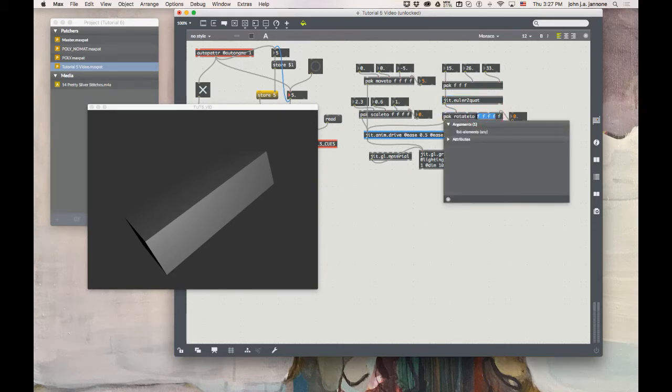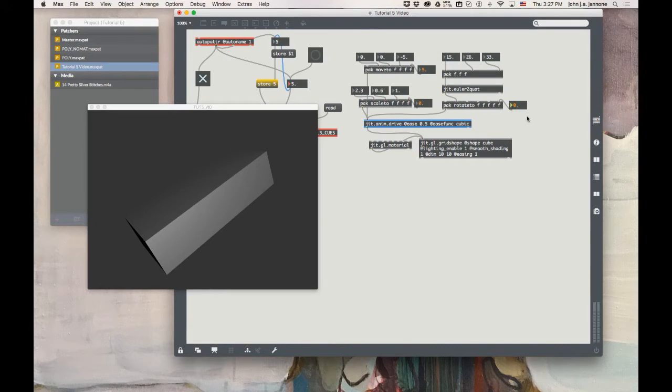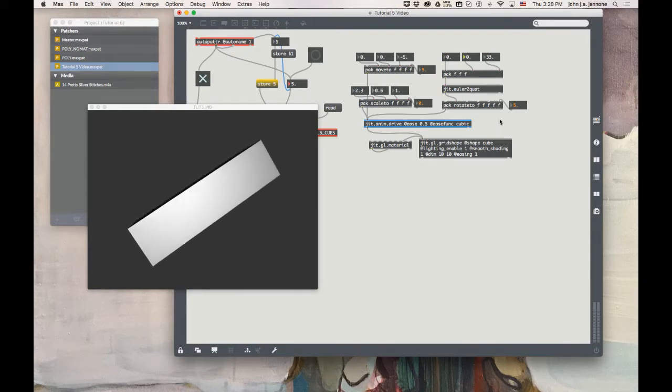The first 4 arguments are the factors in the quaternion that are calculated by the jit.euler2quat. The last one is the number of seconds. So if you want to do a rotation over a certain number of seconds, say 5 seconds, you can put in nice basic XYZ values, and you'll see the rotation happening over the time selected. But it is worth noting that the time goes into the pack rotate 2, while the XYZ go into a separate pack that then passes to the